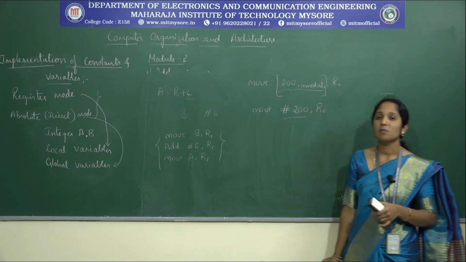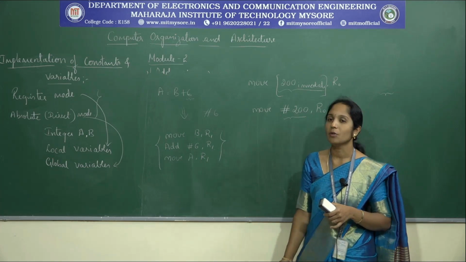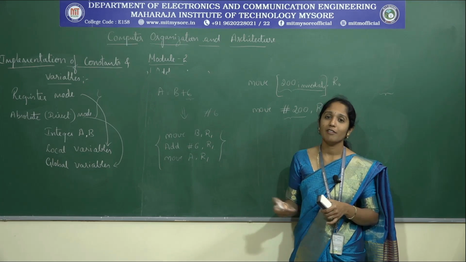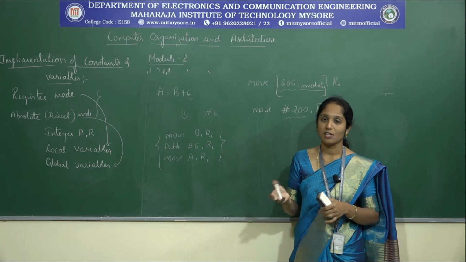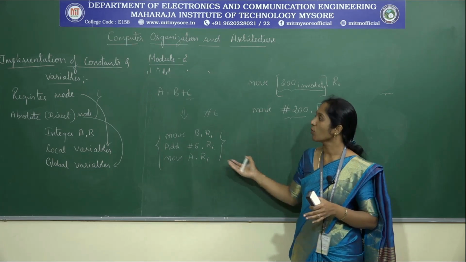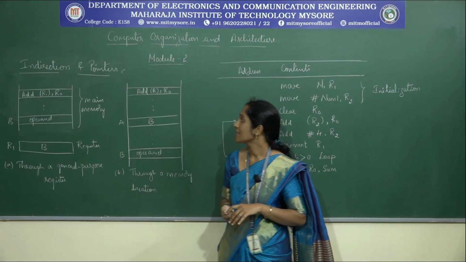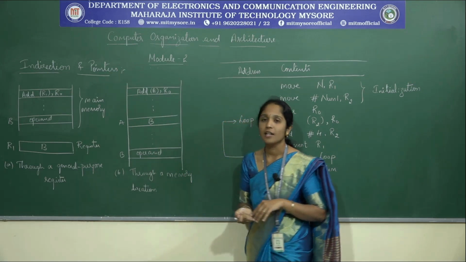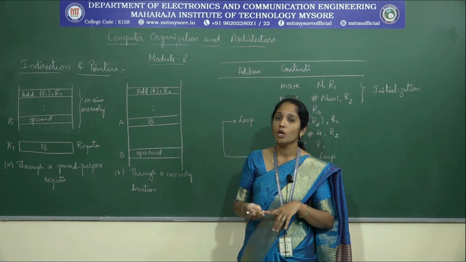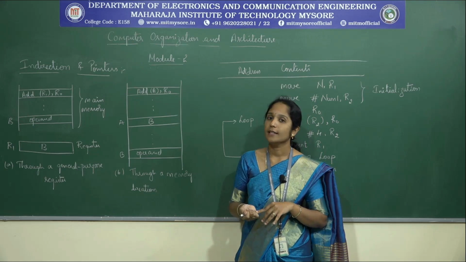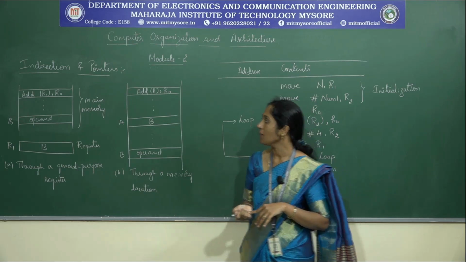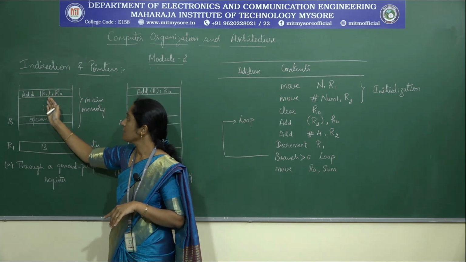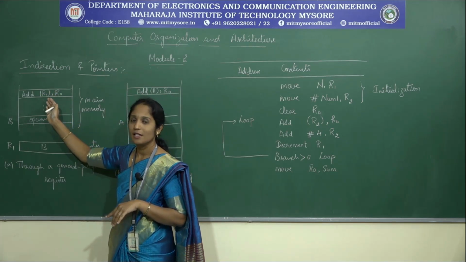After seeing the implementation of constants and variables, next let us see the implementation of pointers, that is indirection and pointers, and how they relate to the indirect addressing mode. We have already discussed that in the indirect addressing mode, the address is obtained from the contents of the register or memory location which is present in the instruction.